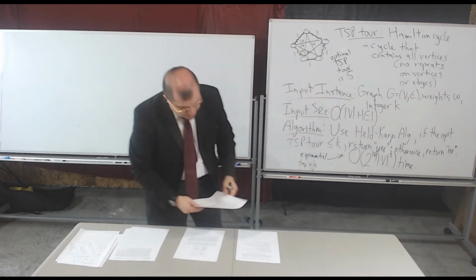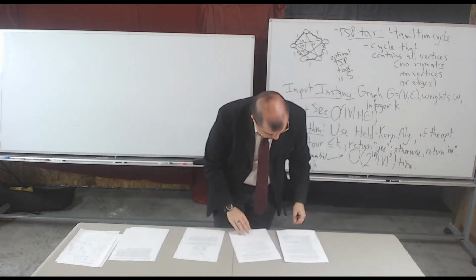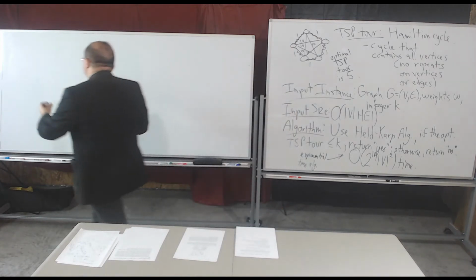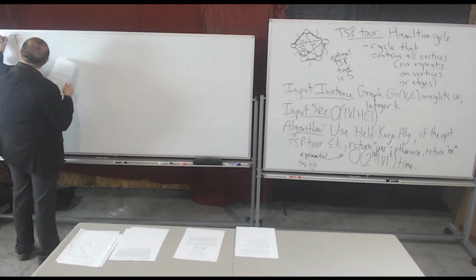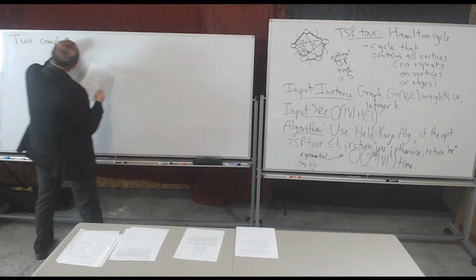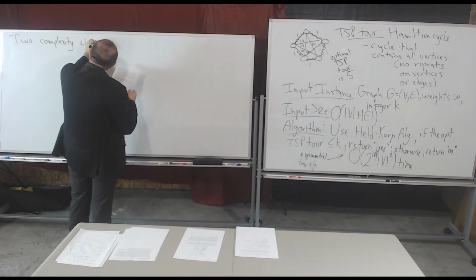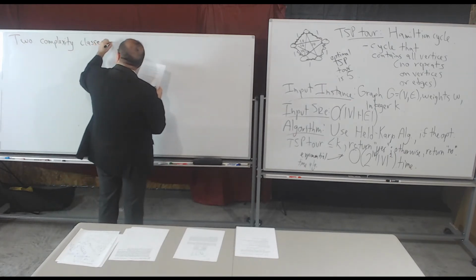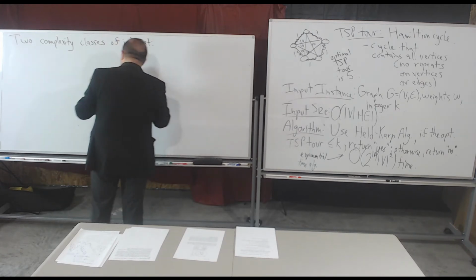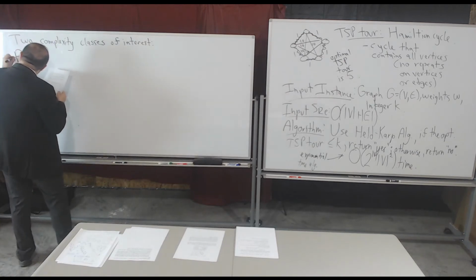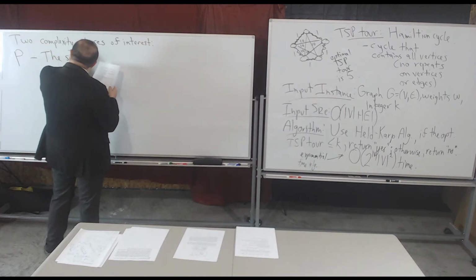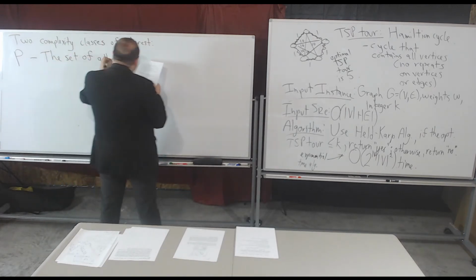Now, that brings me to my next point. I'm going to talk about two particular complexity classes. There's going to be two complexity classes I'm going to be interested in this class primarily, maybe more if we get into more details. So, two complexity classes of interest. The first one is the complexity class P. You might know this. This is the set of all decision problems